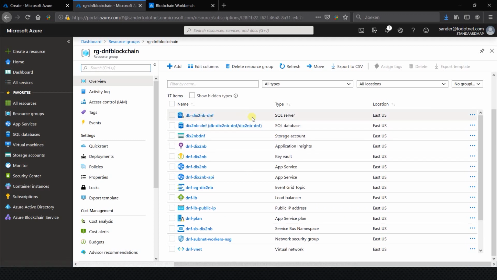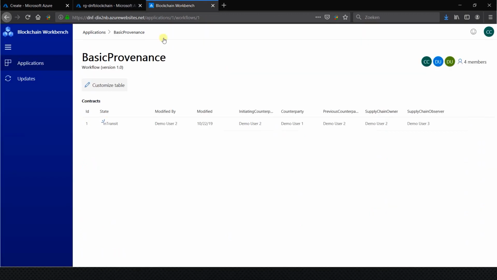One thing to note is that you have a SQL server, because a blockchain, while you can query a blockchain, doesn't have a very user or developer friendly interface. So a SQL server is used to store transactions and more or less create a sort of explorer on the blockchain. Okay. And if you've done all this, then you end up with a public website,